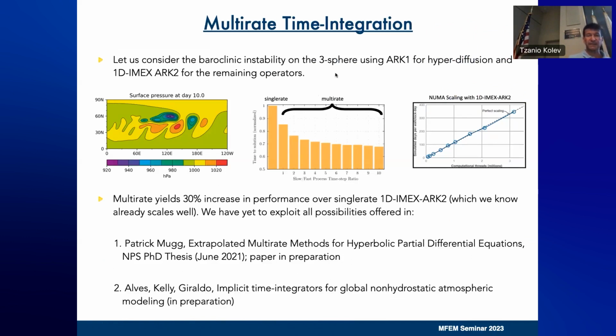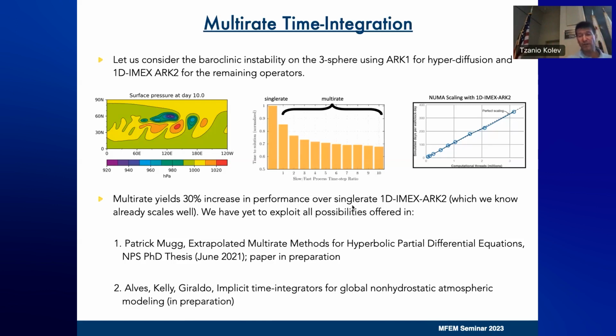a baroclinic instability. So this is on the 3-sphere, right? And we use a very cheap ARK1 for hyperdiffusion, which I told you is a very expensive operation. And we use an ARK2 for the remaining operators. And what you find is that, so this is the solution after 10 days. Here's a single rate solution, and now everything is normalized based on that solution. And as you increase the ratio of how many multi-rate steps you do before you do one outer loop, you actually find that you get about a 30% increase in performance over single rate, which is